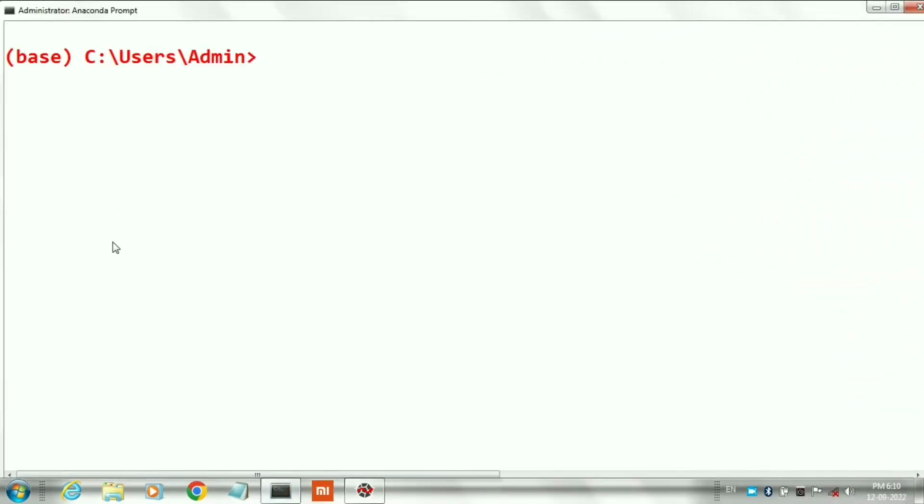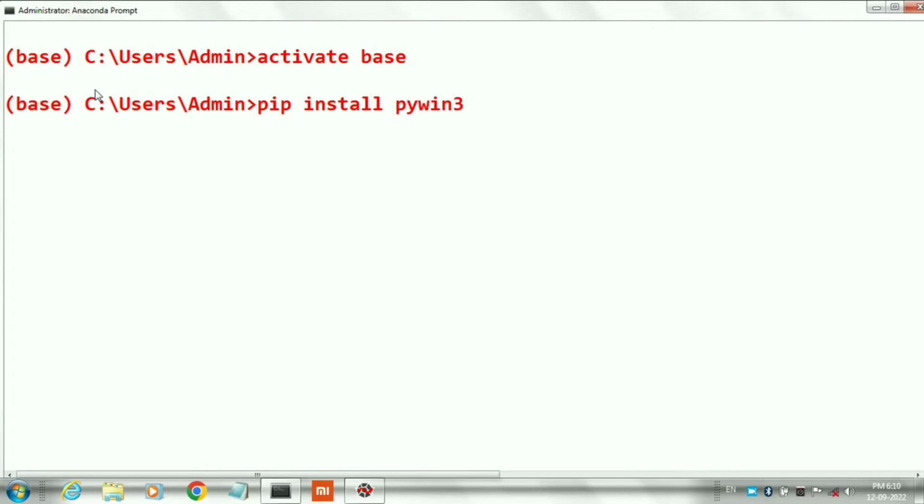So first of all we will install PyWin32 package. Here I am using Anaconda command prompt for installation. For installation of PyWin32, you can use pip command or conda command in Anaconda command prompt.